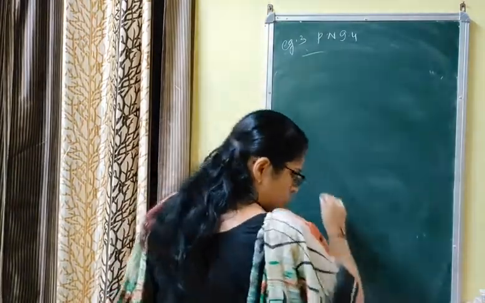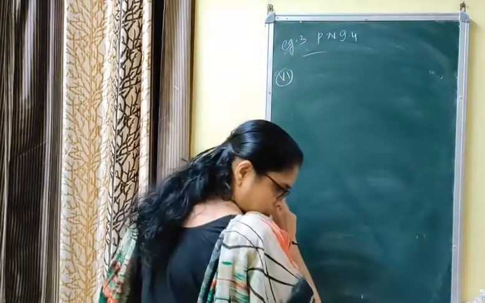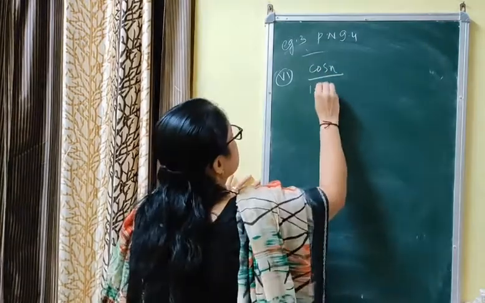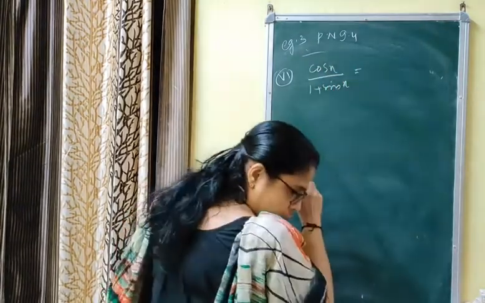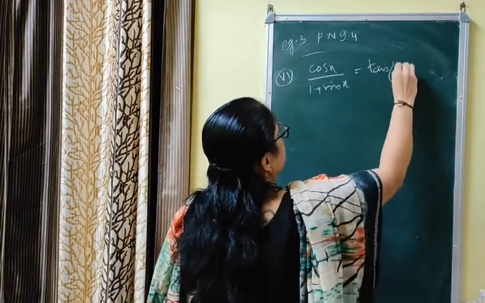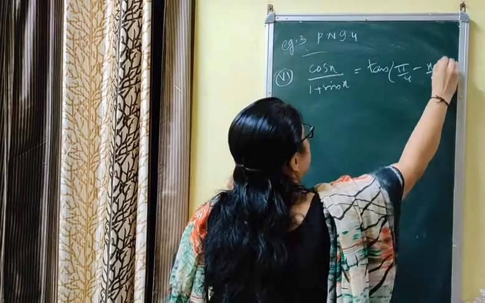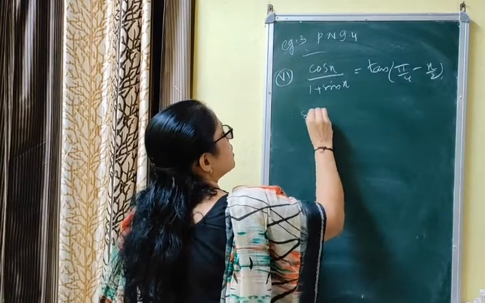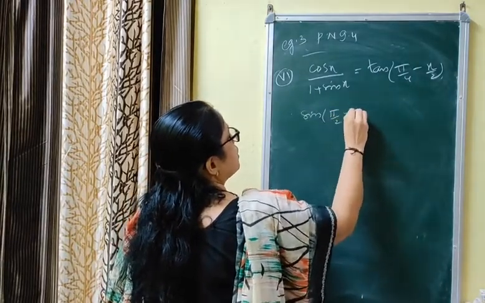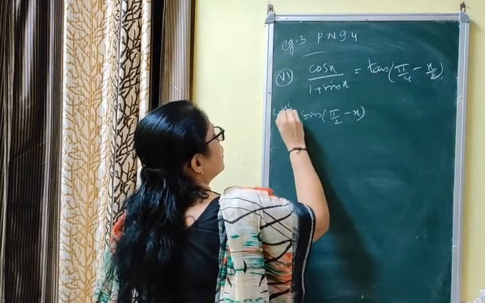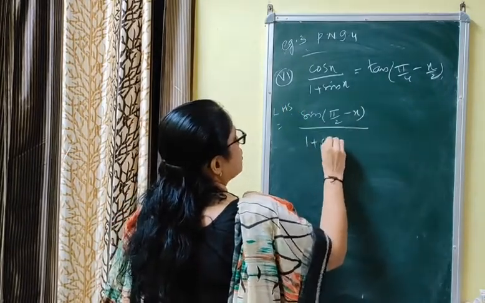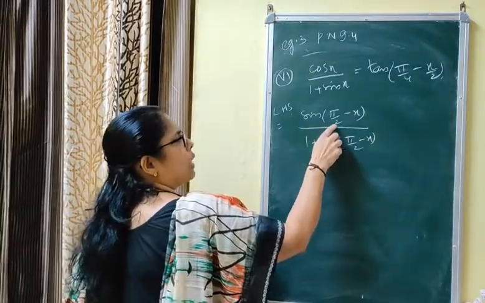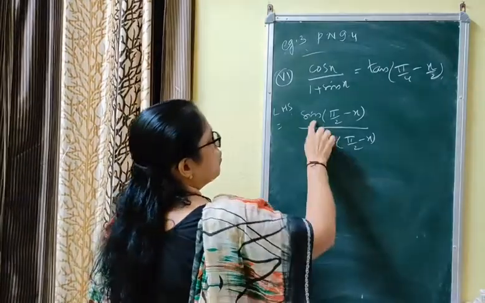Next part is the 6th part also. Same, I am doing it again because it is a complementary ratio. Prove that cos x upon 1 plus sin x is equal to tan pi by 4 minus x by 2. Same procedure, you just see, you can easily understand. You have to find the angle in terms of pi by 4 and x by 2. Cos theta can be written as sin pi by 2 minus theta. This is LHS. I am starting from LHS, and sin x can be written as cos pi by 2 minus x. Like in the previous step, this can be written as 2 into pi by 4 minus x by 2.